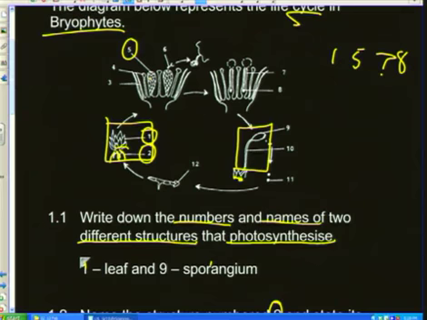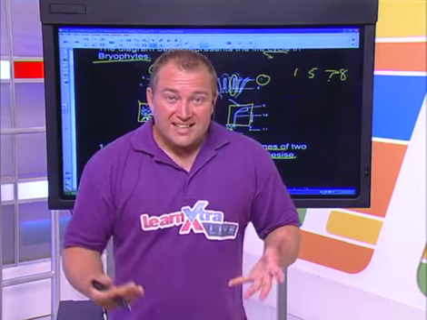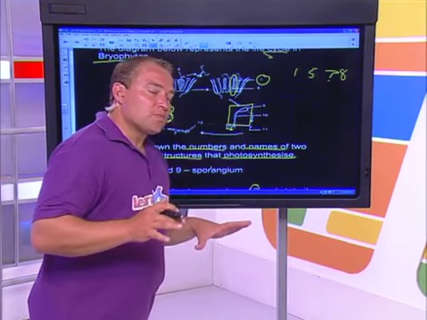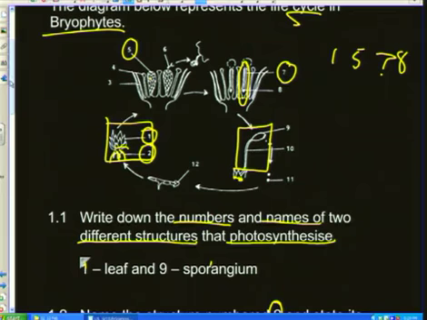Number 7 is the next one. There it is. Number 7. What is that? This is this whole structure here. Now, that, to me, is the female part of the plant, of the Gametophyte generation. If I look at most plants, the male part of a plant is your andrecium, and your female is your gynecium. And then if I have a look at 8, it's pointing to this little thing over here, and it is called the